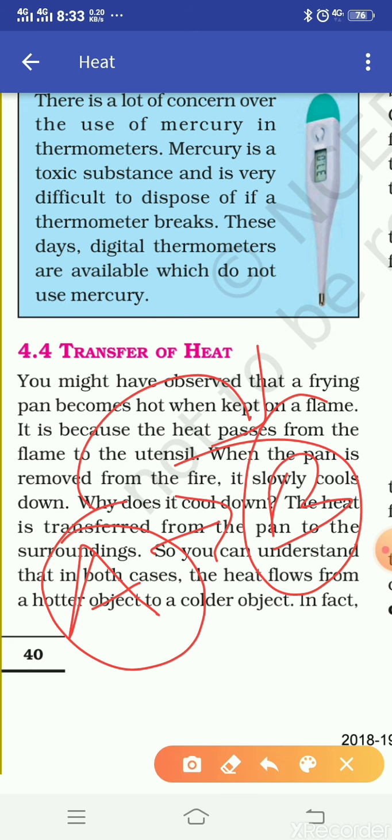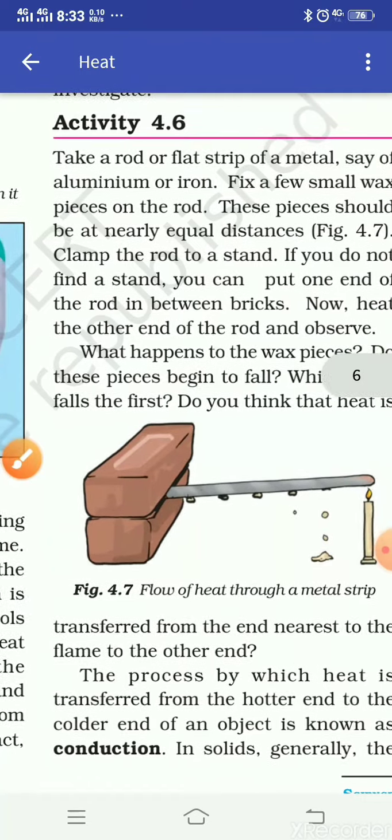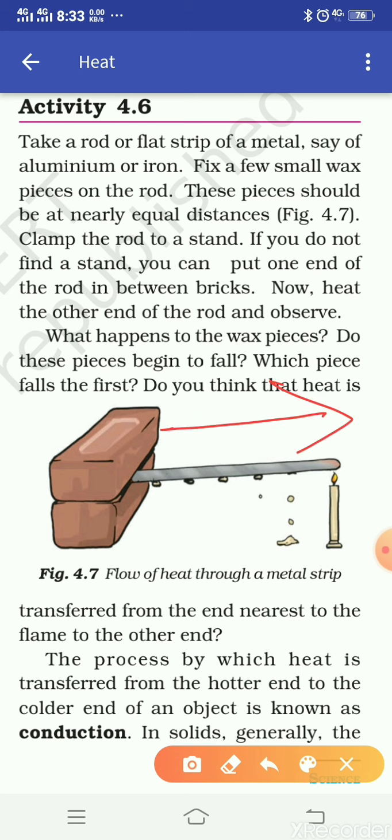To clear our concept about that, we will do an activity. You can do this activity at home, but be careful, you might get injured. For that you have to take any conductor. Conductor means you can take an aluminium rod or iron rod, clear.